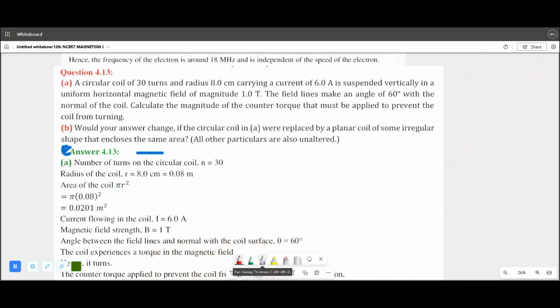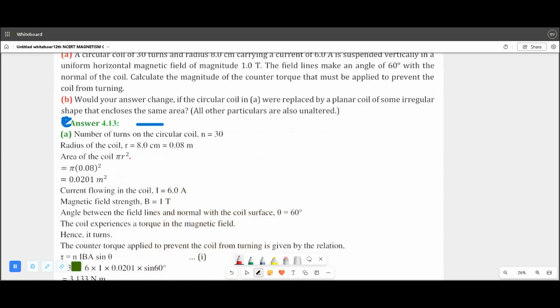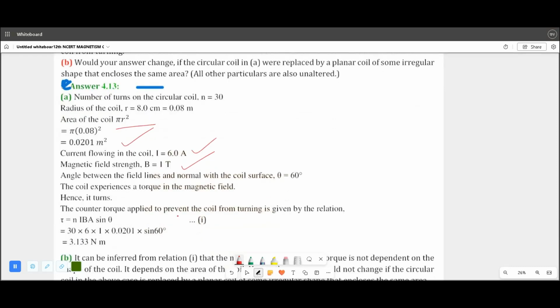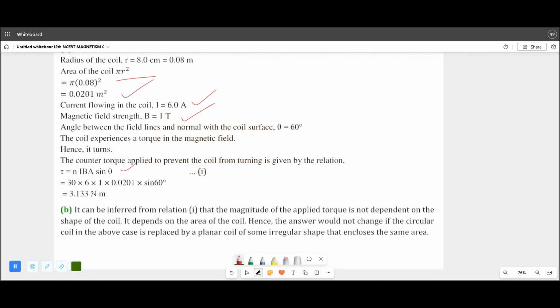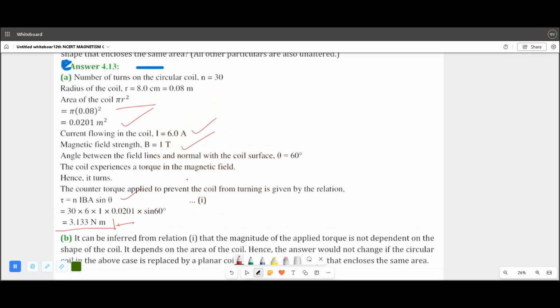दीजिए। करेक्ट। नंबर ऑफ टर्न्स आपको दिया हुआ है, रेडियस आपको दिया हुआ है, एरिया ऑफ कॉइल इज pi r squared, ये आपको पता है। ओके, तो यहाँ से आपने निकाल लिया। करंट फ्लोइंग इन द कॉइल आपको दिया हुआ, मैग्नेटिक फील्ड इज 1 टेस्ला। तो हमने N B I A sin theta का फॉर्मूला लगाया, तो ये हो गया रिस्टोरिंग टॉर्क। तो अगर हम ये रिस्टोरिंग टॉर्क लगाएं तो कॉइल विल नॉट मूव।